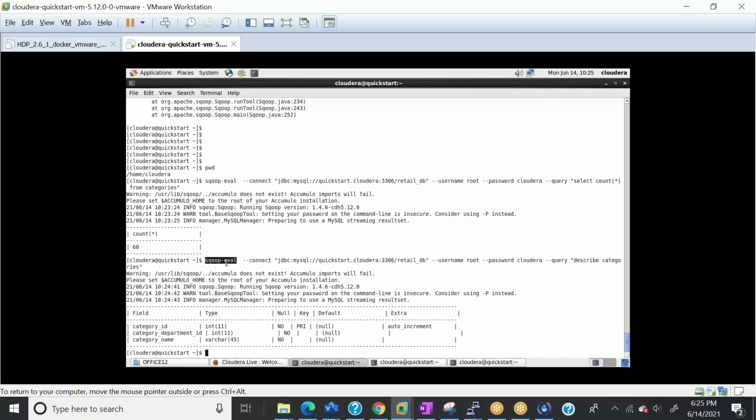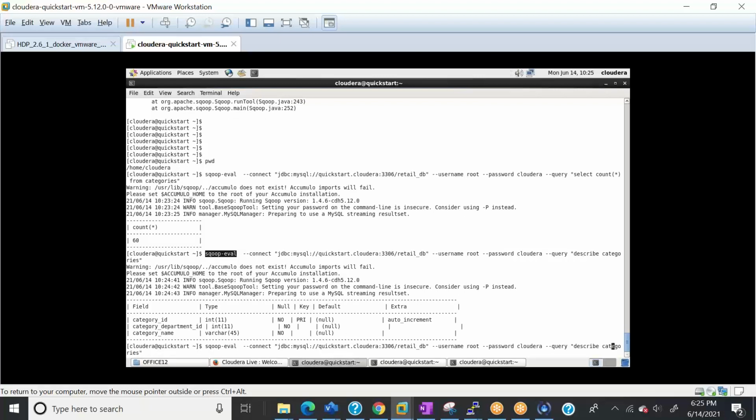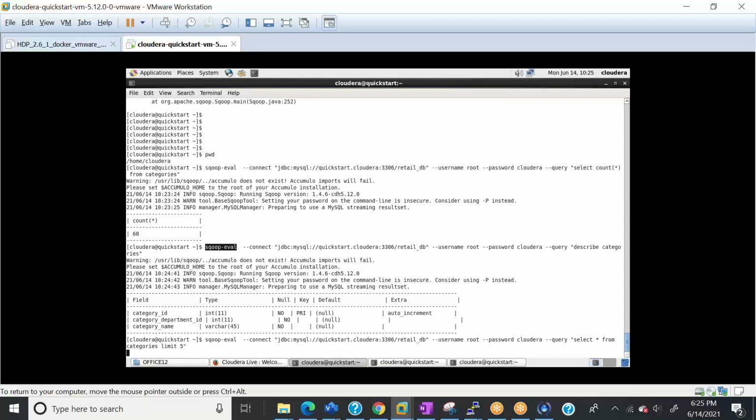Okay. One more important thing which I need to show you here. Using the eval command we can see the number of rows, describe the tables, anything. For example, if I need to show even the first few rows of the data, I'll simply run select star from categories, and let's say we need to show the first 5 rows, limit 5.